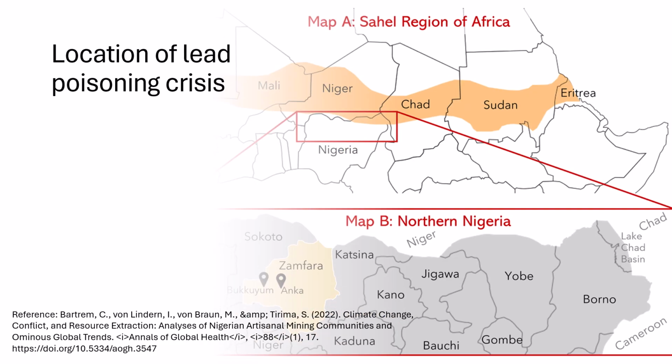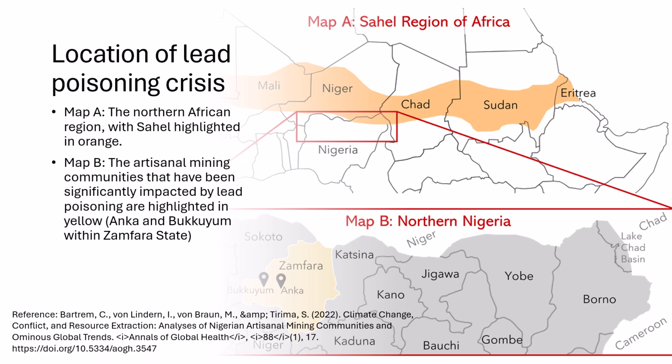So the Sahel region includes Mali, Chad, and Sudan, among other areas. The Sahel has short, unpredictable rainy seasons, and that is paired with an arid landscape. Climate change has resulted in more severe drought events. The Sahel is characterized by ecoclimatic conditions, political instability, poverty, urbanization, and conflict over resources. The Sahel is referred to as ground zero in terms of climate change and the effects that it has.